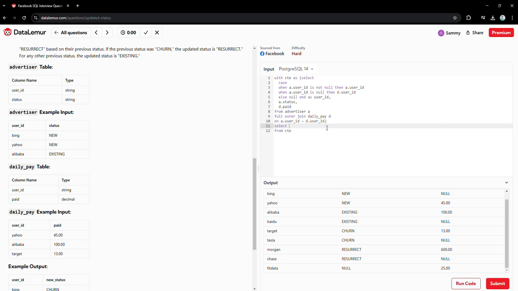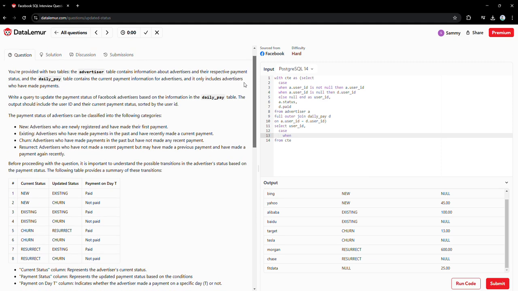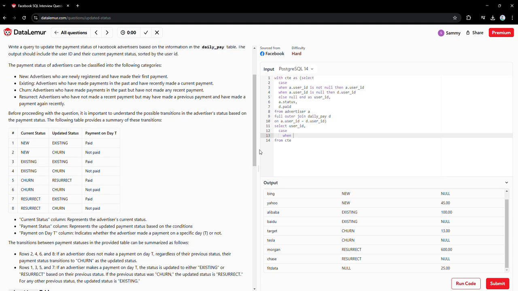Now we're going to create some case when statements. So we're going to grab the user_id because we're going to need that, and then we'll do case when. Now when we create these statements, we could look at this. So case when paid is not null, so this means when there's a value in paid, so when the advertiser is paid,